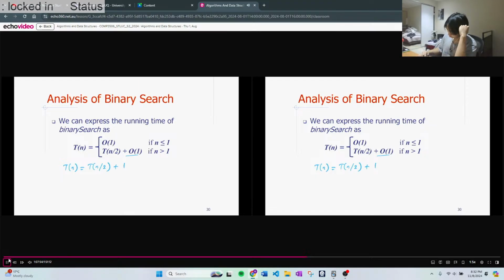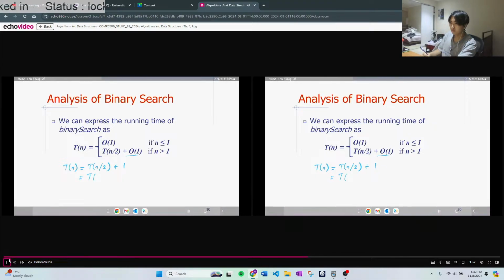Plus, I'm just going to write 1 instead of O1. If I substitute in n over 2, I'm going to get, so what, maybe I'll use a different color if,